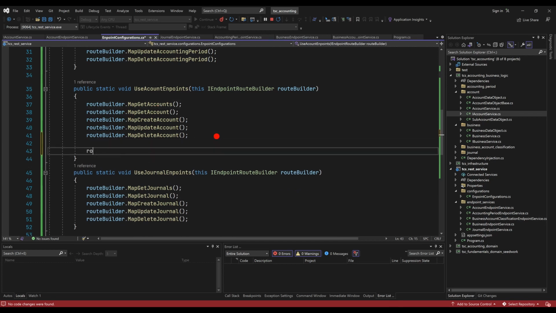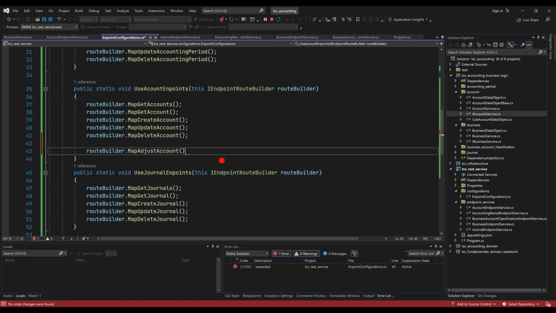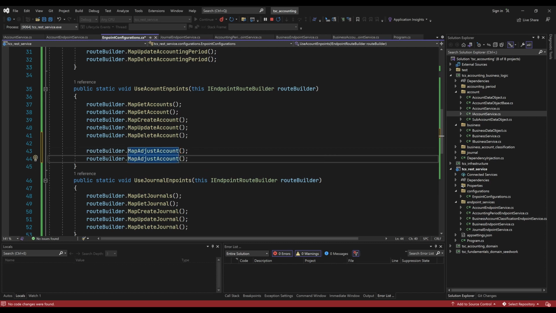So here we can say route builder dot map. You can see the adjust account. That's the first one I can pick. There's supposed to be 12. There's 5. There's 7 more, and we can duplicate that, and we can change this to dot map